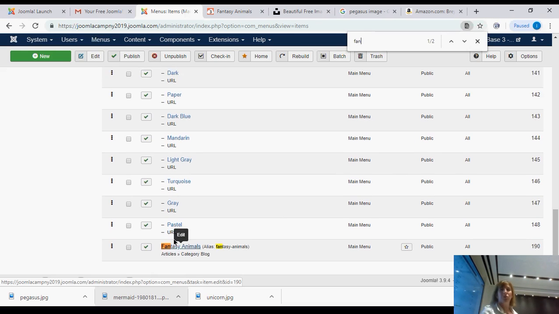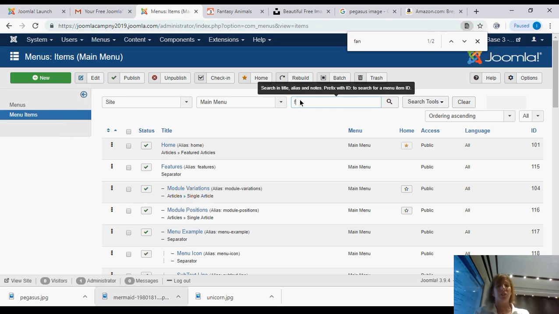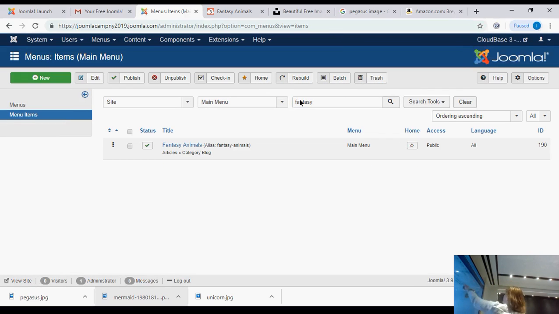Another way you can search through the menu items is you go on top and you could type in the search Fantasy. Hit enter, and then you're going to see your menu item pop up. The reason why I didn't do that first is because the problem with doing it this way is what if you type Fantasy in wrong? You spelled it wrong. It's never going to come up, and you're going to be like, where is it? So if you're searching through all and you're scrolling through, it's easier to find that menu item, especially if you can't find it, which I type things in incorrectly all the time, so that's very common. So if you click on Fantasy Animals,